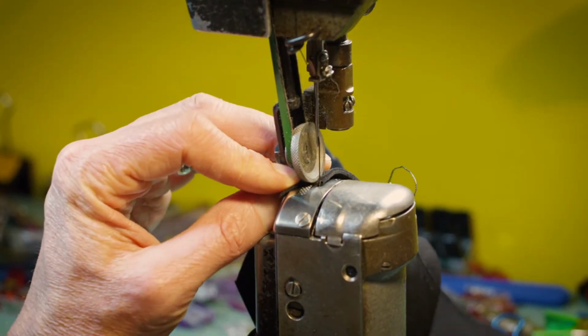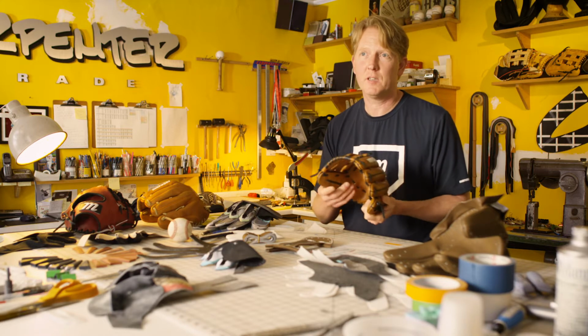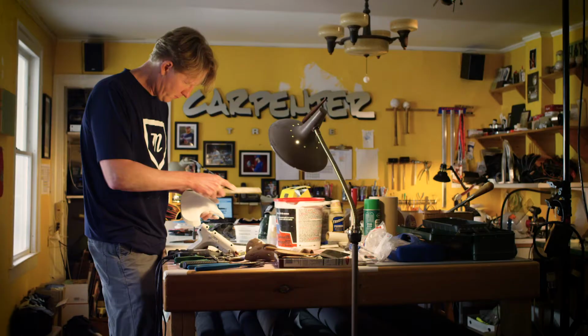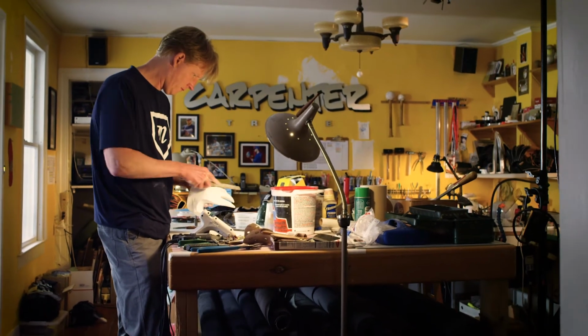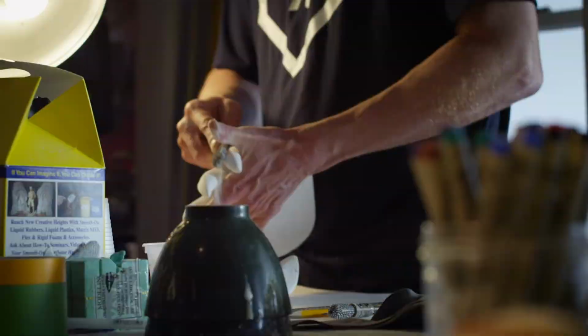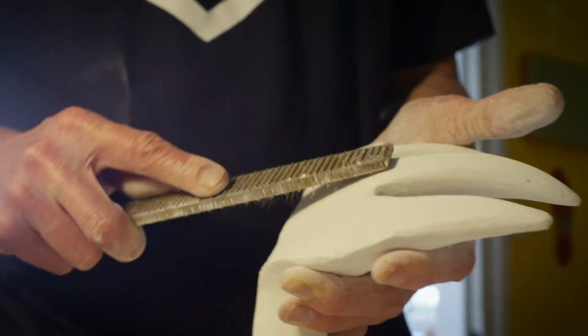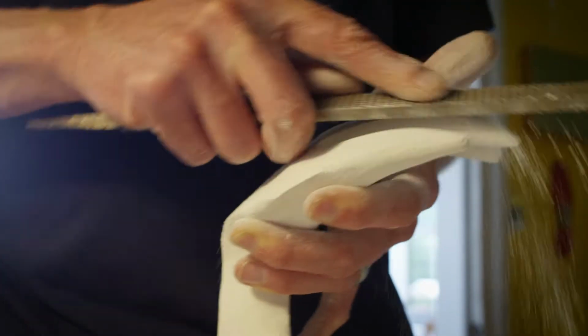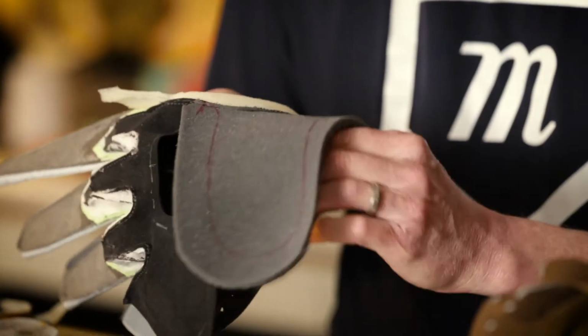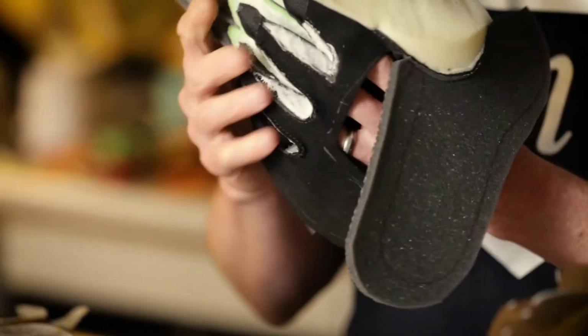When I first started making gloves, I was basically just copying gloves, and so I did a traditional thumb and pinky loop on those first gloves. But I quickly realized that I wanted a better device to catch baseball, and I could do that by evolving the thumb-pinky areas itself. So I've developed a lining that has very specific sizing, shapes, and ergonomics to it,